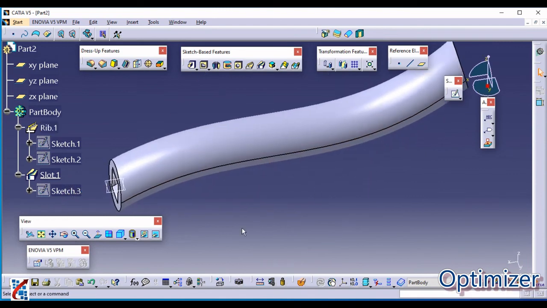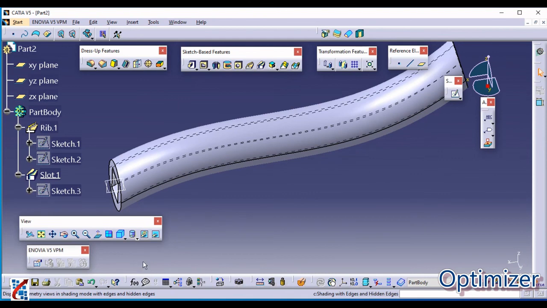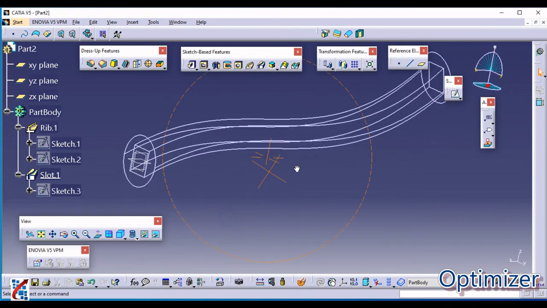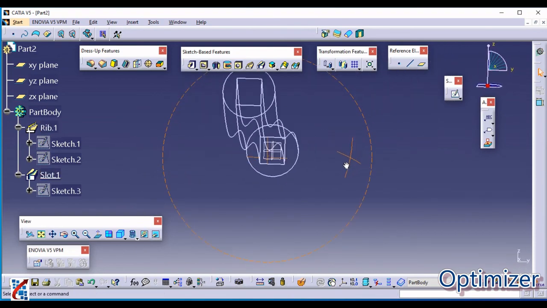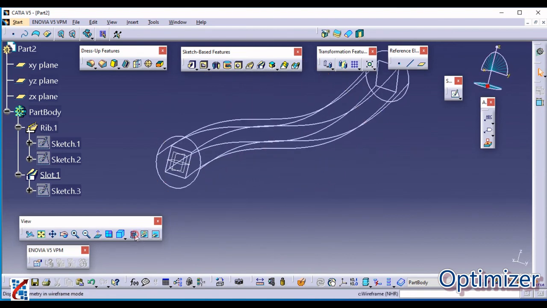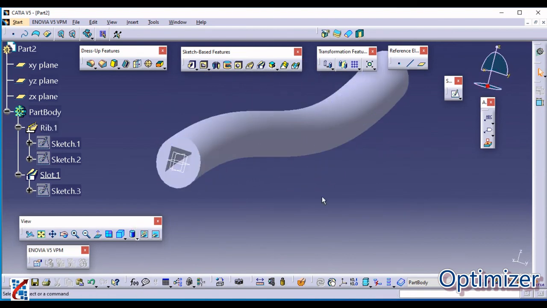If you want to check the wireframe, that is also possible. Go here and select wireframe geometry, not shaded wireframe, wireframe. Now this rectangular box is visible. This is how you use the rib and slot commands.